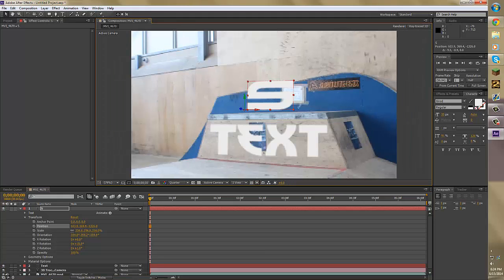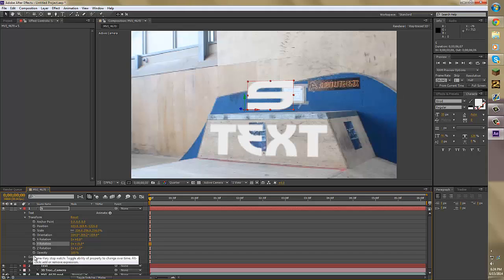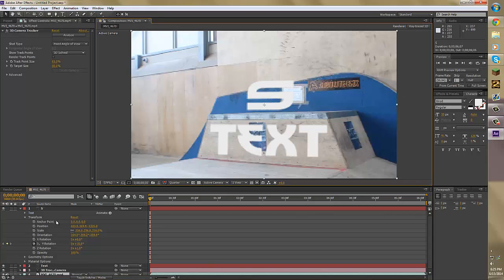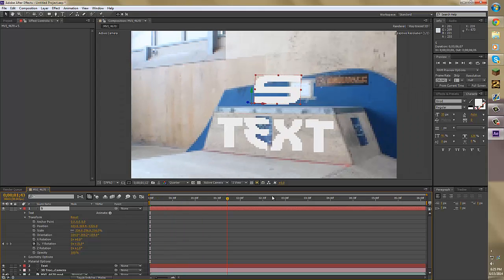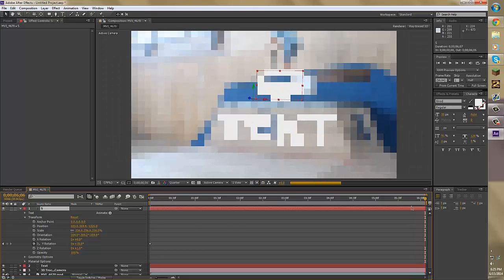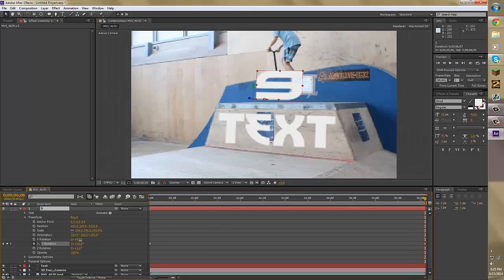and then to make it spin, pretty much what you do is you've got to use keyframes. So is it the Z rotation? No, it's not. It's the Y rotation. So what we're going to do is click on the little stopwatch next to Y rotation, and then that automatically makes a keyframe right there, and it's pretty much keyframing this position in the text, or this position that this S is in, and then we can bring it all the way to the end of our clip, and we want to make the S spin, let's say,